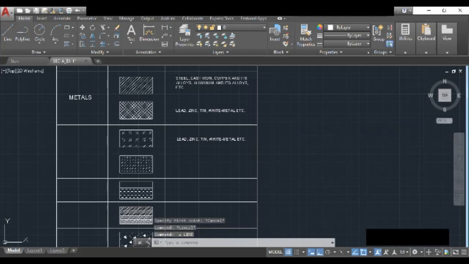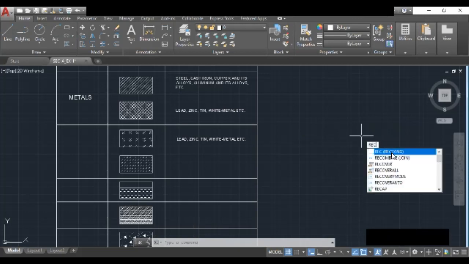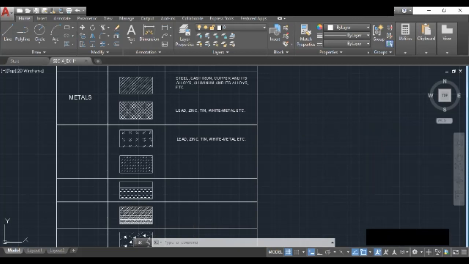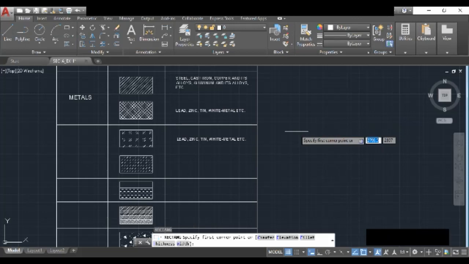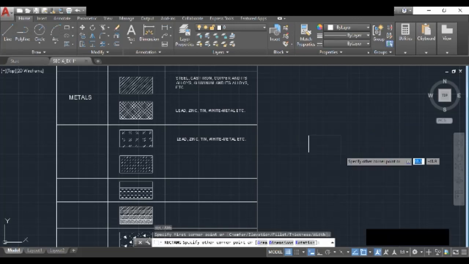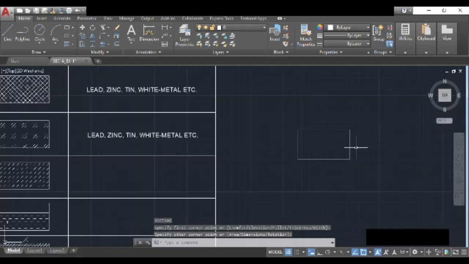So using either here, you can click rectangle, or you can type in REC. So I'll give you the rectangle option, and then it says specify first corner point. So we'll specify it here, and then we can specify the other corner point. So once that is done,